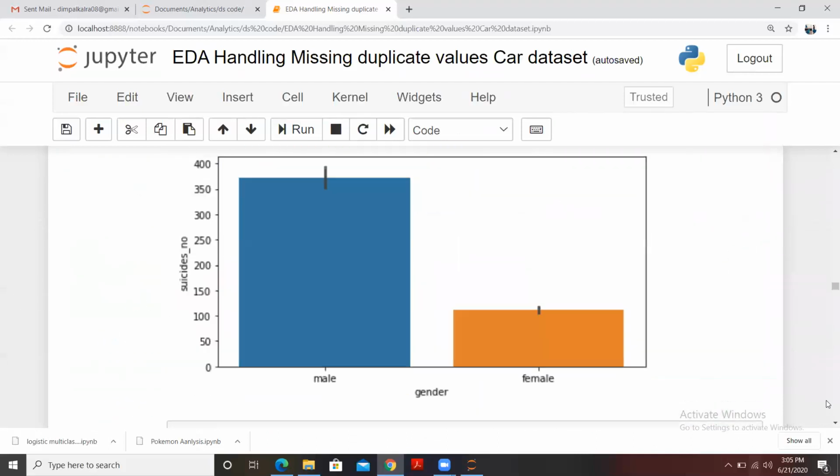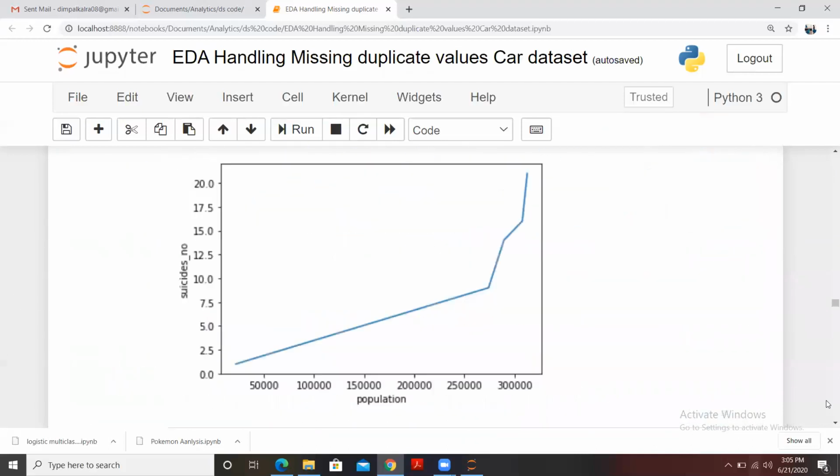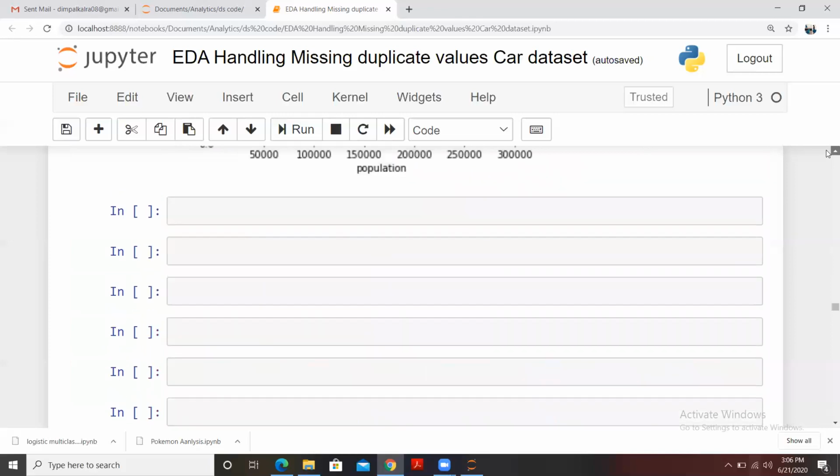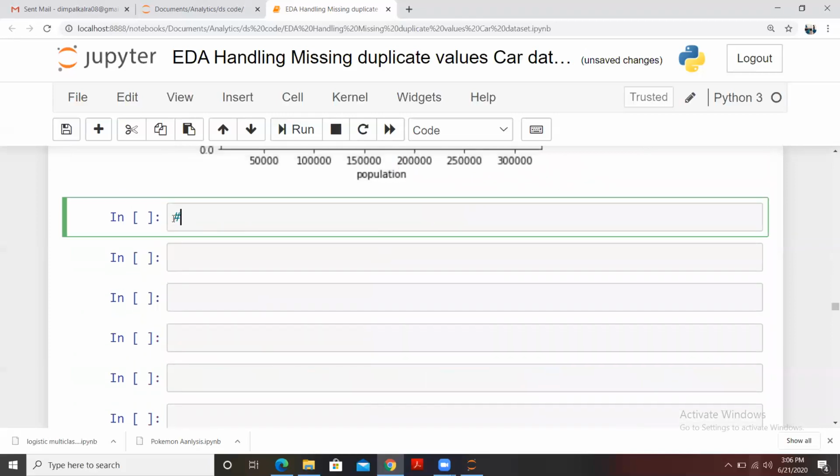So how will I be building that plot? Let me write the code for that part first. This plot is a scatter plot for the number of suicides per 100K population, based on GDP per capita.